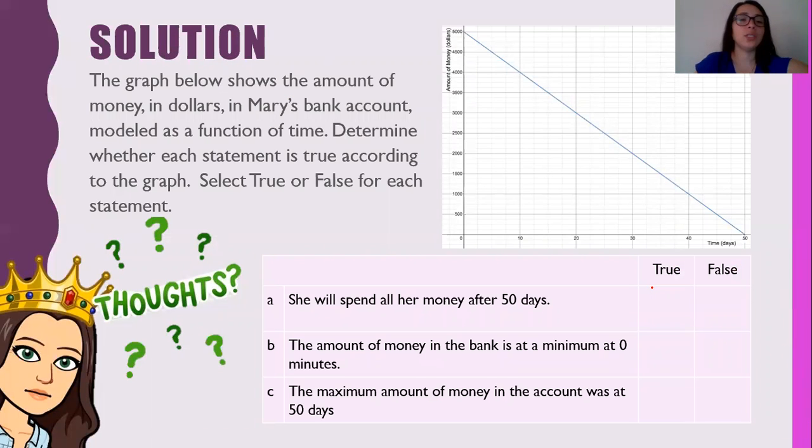So now looking at this question, the graph below shows the amount of money in dollars in Mary's bank account, modeled as a function of time. Determine whether each statement is true according to the graph. Select true or false for each statement. So looking at this question,